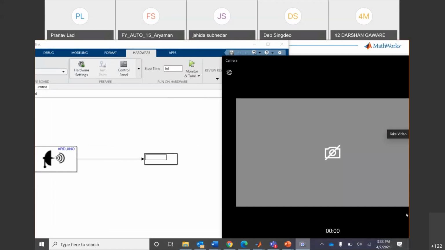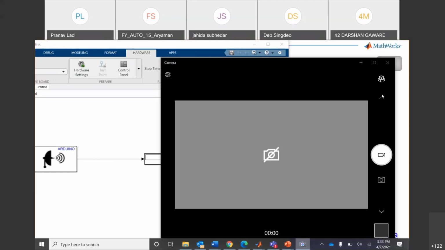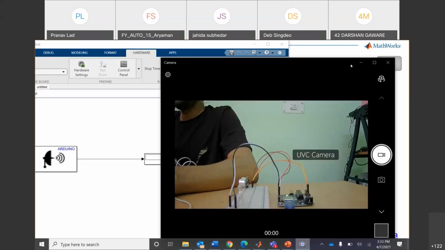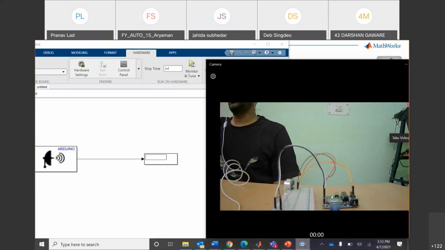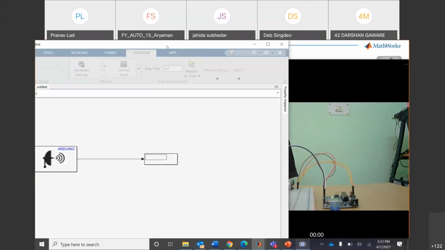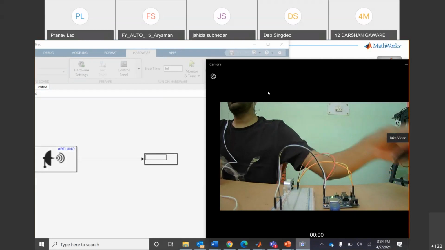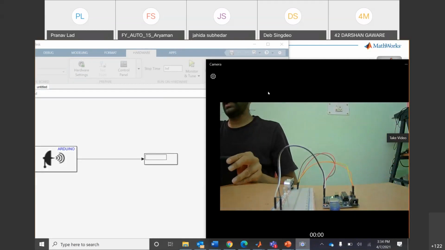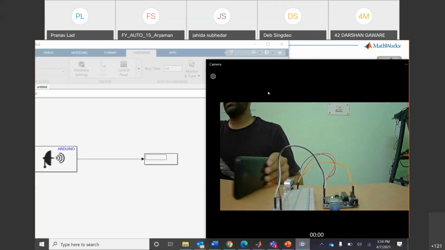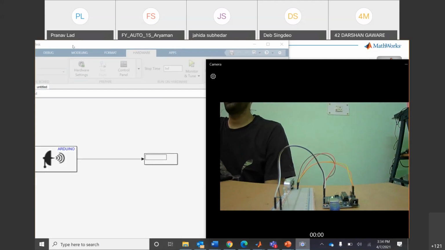I will run this model and let us see whether we see any displacement over there. Right, so I'm running this monitor and tune. It's building its code, it's deploying it into the hardware, and what I will do is I'll use my mobile phone as an object, and as I move closer to it, let's see whether we see any change in the distance over here, right?